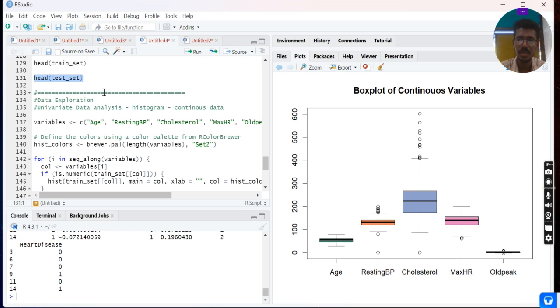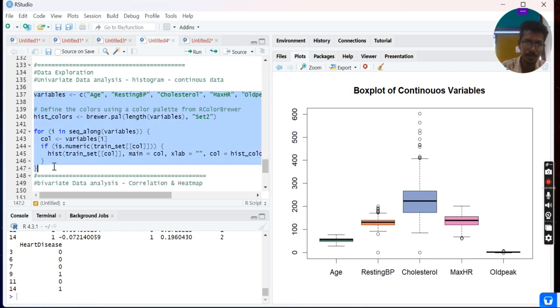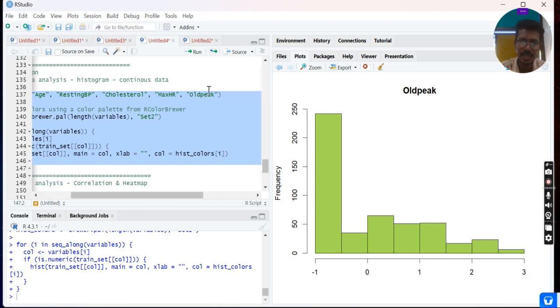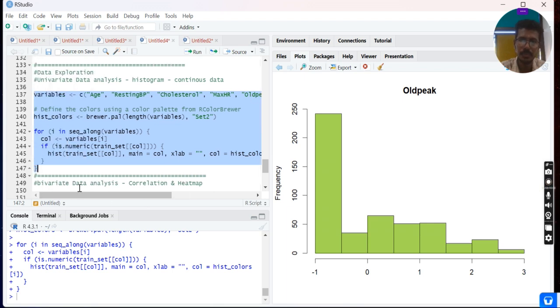The next step after data transformation is data exploration. In data exploration, we have different categories like univariate, bivariate and multivariate. Based on the data, we can explore and visualize it. For example, I have taken age, resting BP, cholesterol, max HR and old peak. All these are continuous values. Since they are continuous values, I have used the histogram here. Let me run the histogram. So this is a histogram. This histogram is for the final element, old peak. If we export this graph as an image, we have